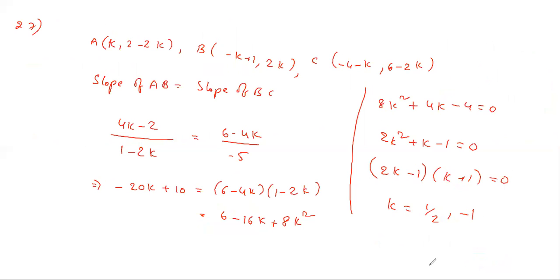Completed 26, 27. Yes, sir. Anyone writing? Next, 28. Instead of walking along two adjacent sides of a rectangular field, a boy took a shortcut along the diagonal and saved distance equal to half of the longer side. Then what is the ratio of the shorter side to the longer side? Simple geometry.